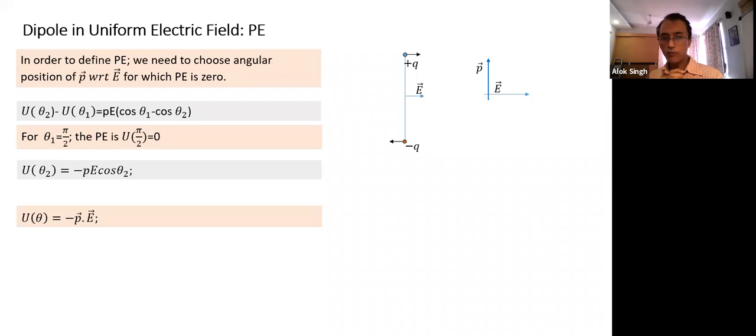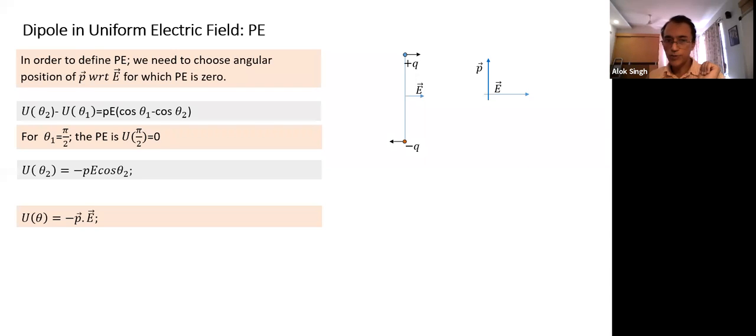What is the minimum value? Minimum value is minus P at theta equal to 0. As theta keeps increasing continuously, if you have to plot this curve, you know the shape of the cos theta curve. This is the negative of the cos theta curve, so its shape will be like an S shape, starting from minus P at 0 and keeping on increasing. So from 0 to 180, potential energy continuously keeps on increasing.